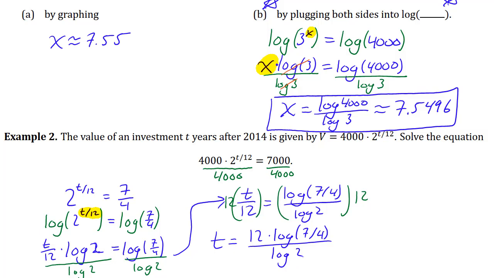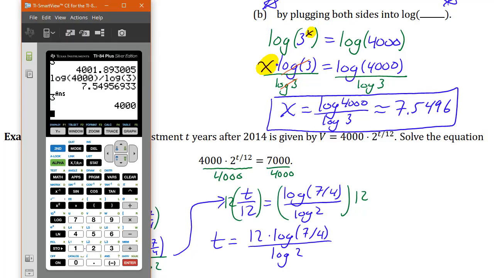And you might be wondering, why didn't I just calculate log of 7 over 4 back here, and also calculate log of 2, and then just deal with those decimals? I'll show you why, because if you do them separately, this is what might happen. Well, you might do 7,000 divided by 4,000 first. And you get 1.75, okay. And then if you do log of that, you'll get